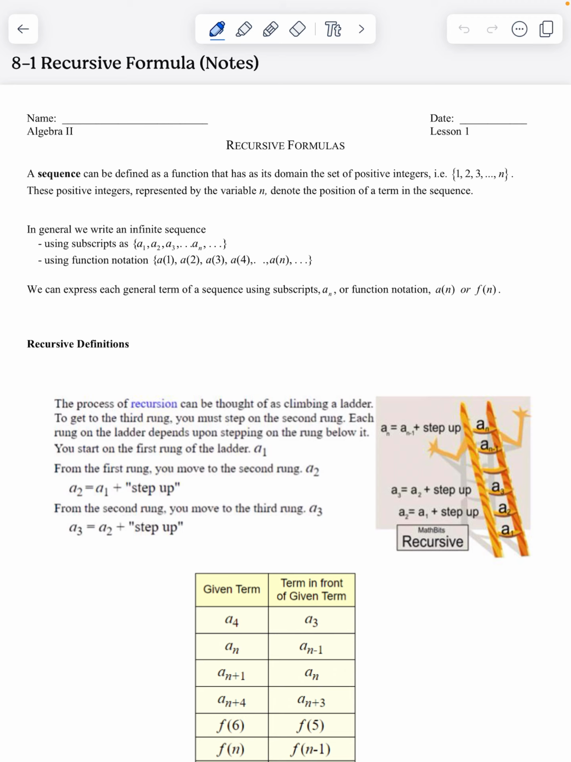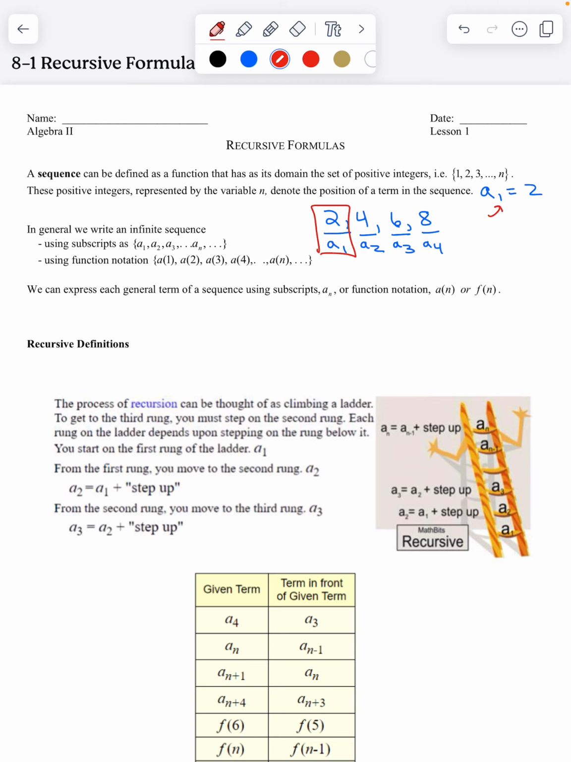of the term in a sequence. So say I had the sequence 2, 4, 6, 8. This would be the first term, this would be the second term, this would be the third term, and this would be the fourth term. So I could write this as the first term has a value of 2. If I were looking at this term, this is the domain, it's the position of the term, and this is the range or the value